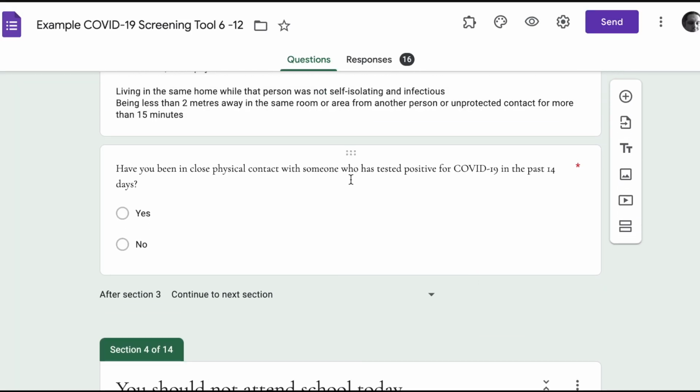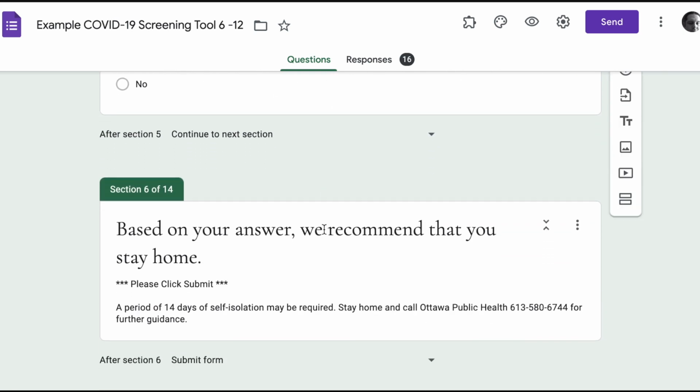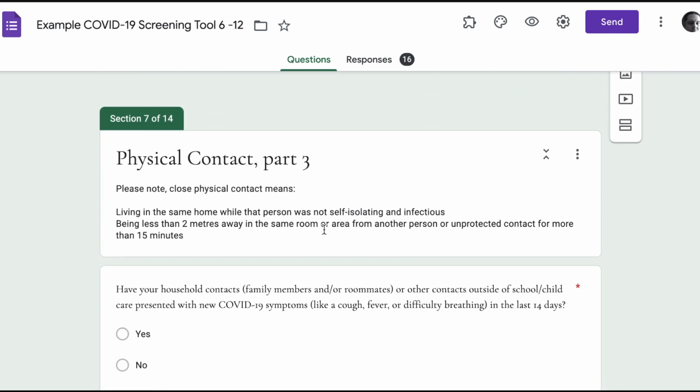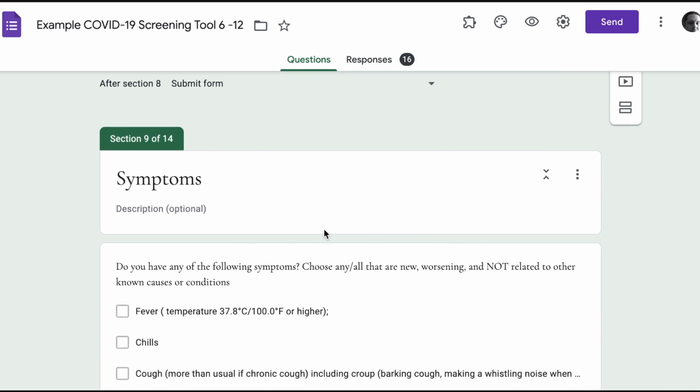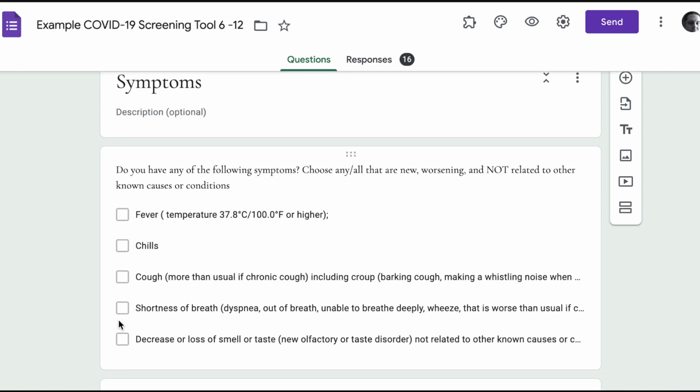After the simple yes and no questions, we get to a section based on Ottawa Public Health that is a little more complicated. It's got a list of symptoms. So if you have any one of these symptoms in Ottawa, you're not to come to school. So that's fever, chills, cough, etc. And so again,